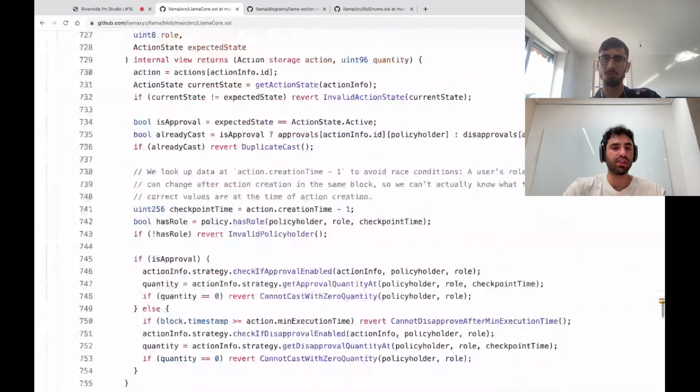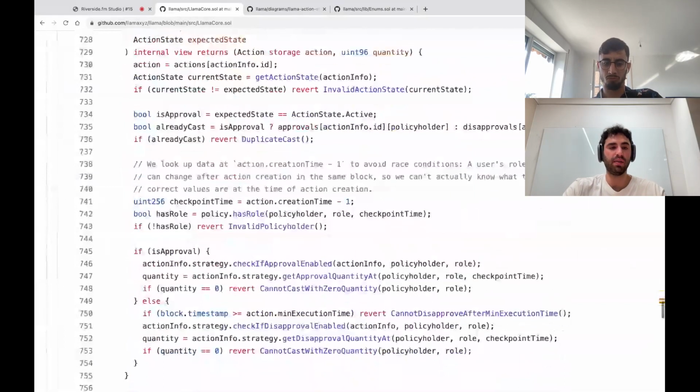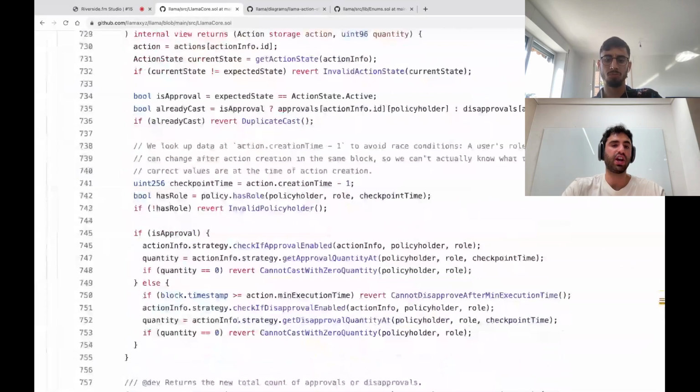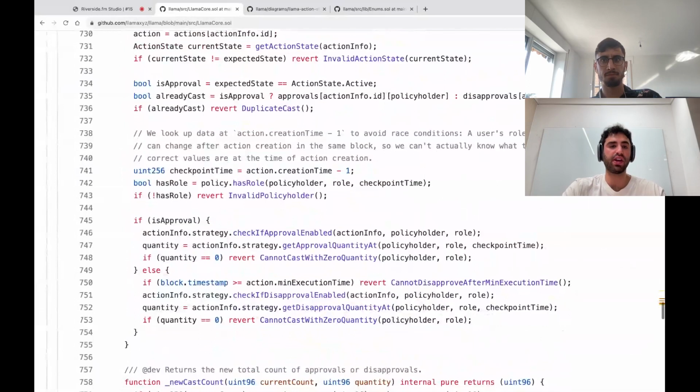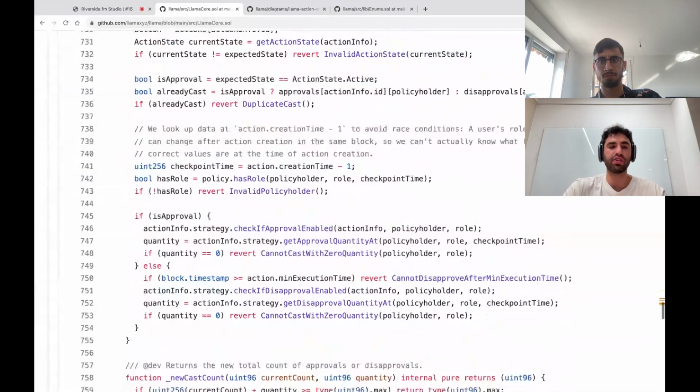We have a checkpointing system to check whether you have a role and the quantity of a role at a previous timestamp. I can get into more how we use checkpointing.